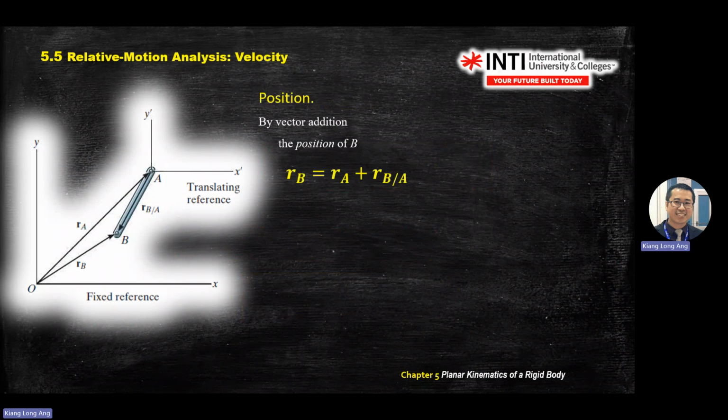So how do you know position of B? Position of B will give you RB plus RA plus this one. RB is the resultant. How do you draw the resultant vector diagram? RB is a resultant, start to finish. How do you reach from O to B? You need to travel from O to A, then from A to B. This is the vector relationship. So once you have the position of B,